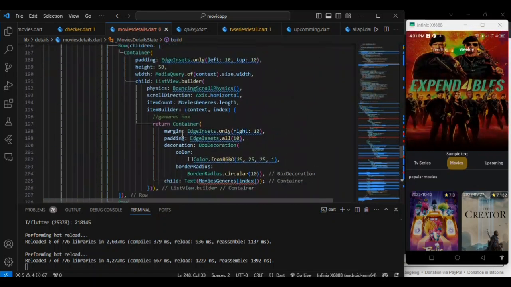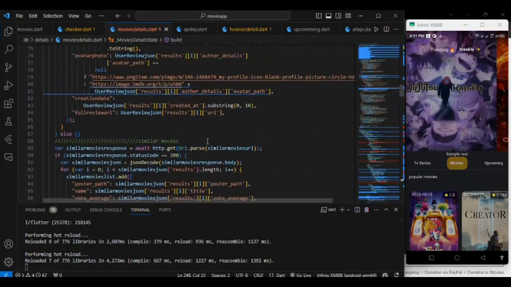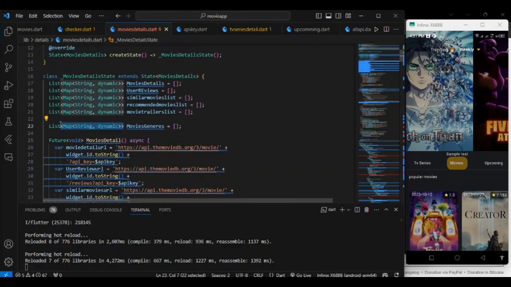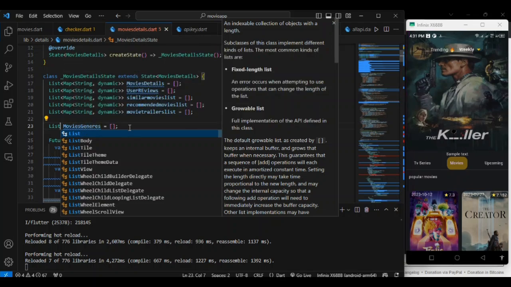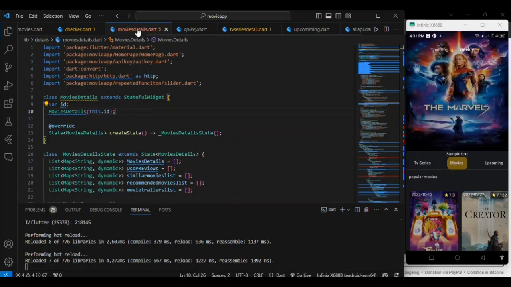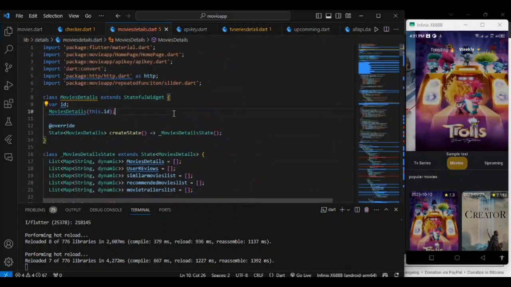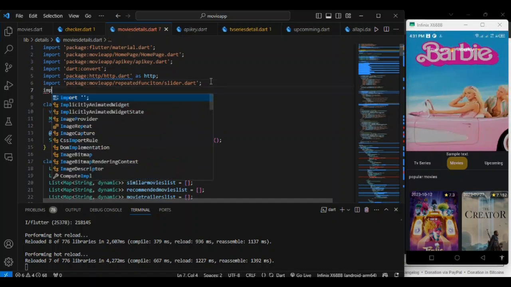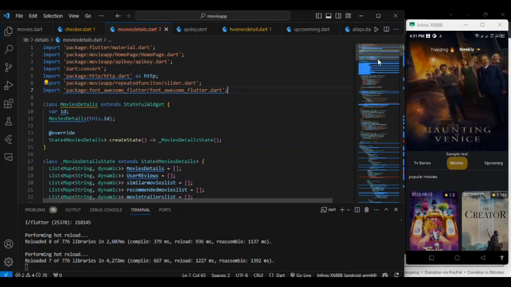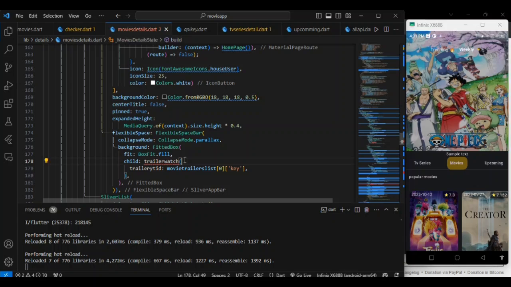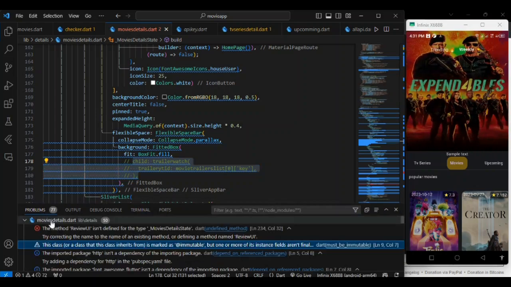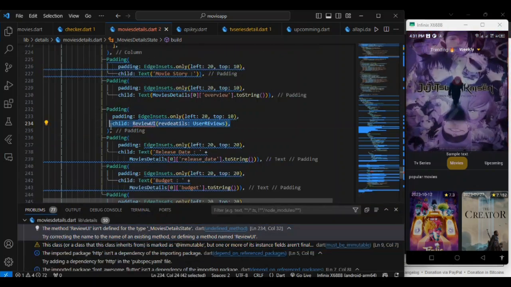Okay, now we can see there's a little bit of error in our code. I think the first movie genre must be a list only, because there's not a lot of data, there's only one data, only a single list. And next, I think I have not imported the Font Awesome icon. Okay, and next, review UI is not